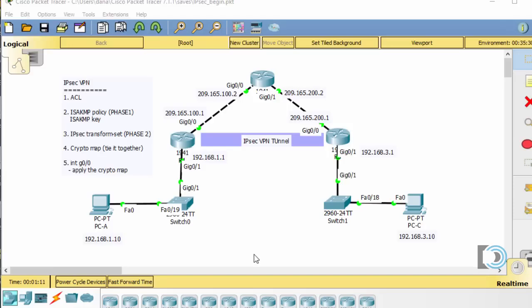In this video, I'm going to configure an IPsec VPN tunnel using Packet Tracer. I'm using Packet Tracer 7.1.1, but you could do the same lab using Packet Tracer 6.3. You'll just need 3 1941 routers, 2 2960 series switches, and 2 PCs, which you can just drag and drop and then connect together. Remember to connect the 1941 routers with crossover cables in Packet Tracer, and then